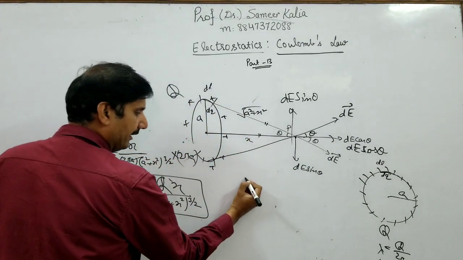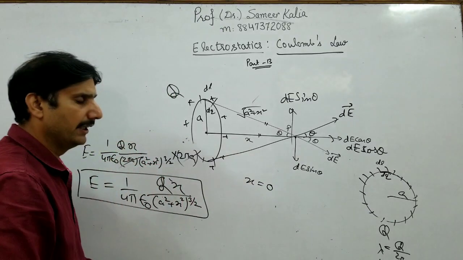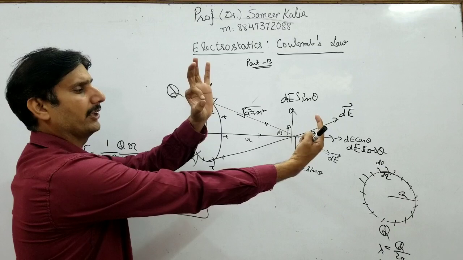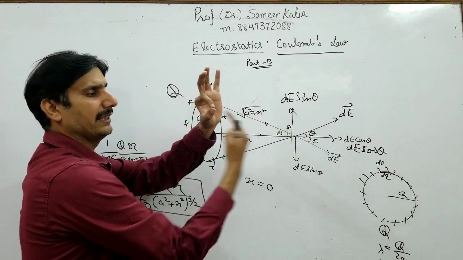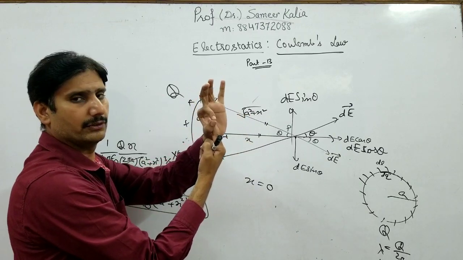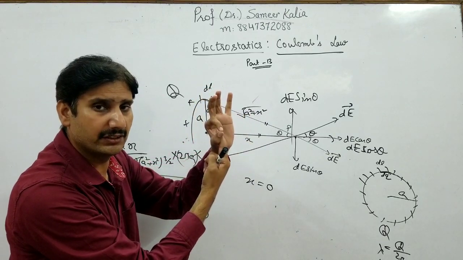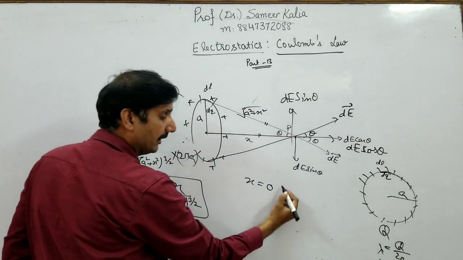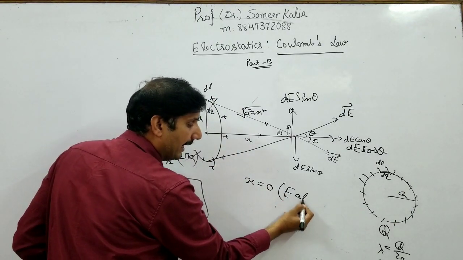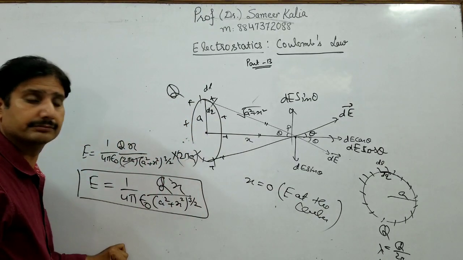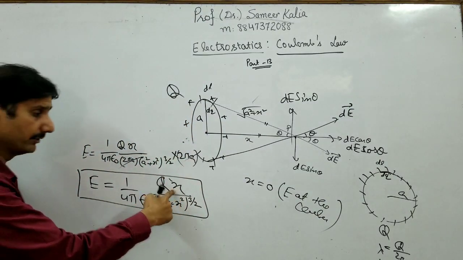Just see if x is equal to 0. Now, this was the circle, and this was the point of observation. The distance between them was x. If you make x equal to 0, where will you reach? You will reach at the center of the circle. Just put x equal to 0. That means E at the center. If you put x equal to 0,